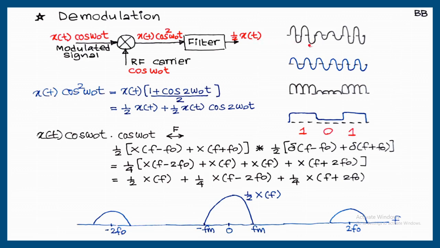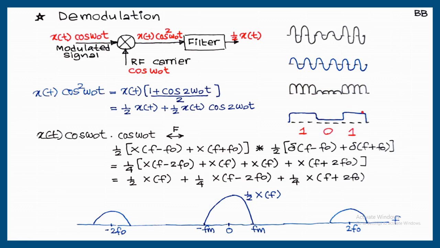Same thing I am showing here using a graph. This is x of t cos omega 0 t multiplied with again cos omega 0 t. Positive voltage multiplied by positive voltage, the product is positive. Negative voltage multiplied by negative voltage, again a positive product. So that is why the output looks like a full wave rectified output. And this rectified output, or this product, is passing through a low pass filter. It will give only the envelope of the signal, and that envelope looks like our original input signal.